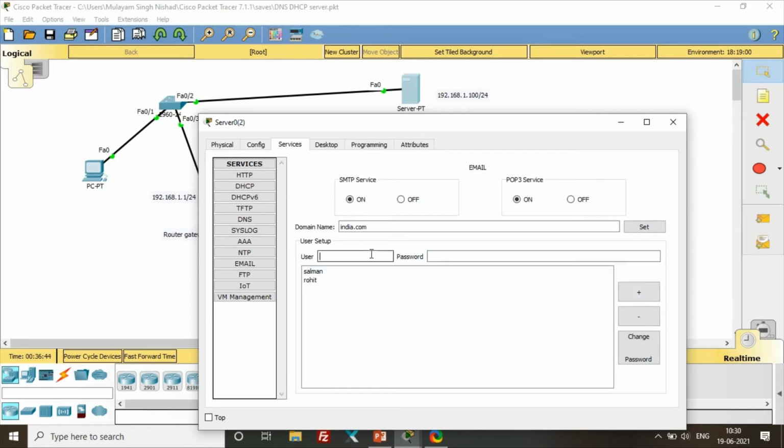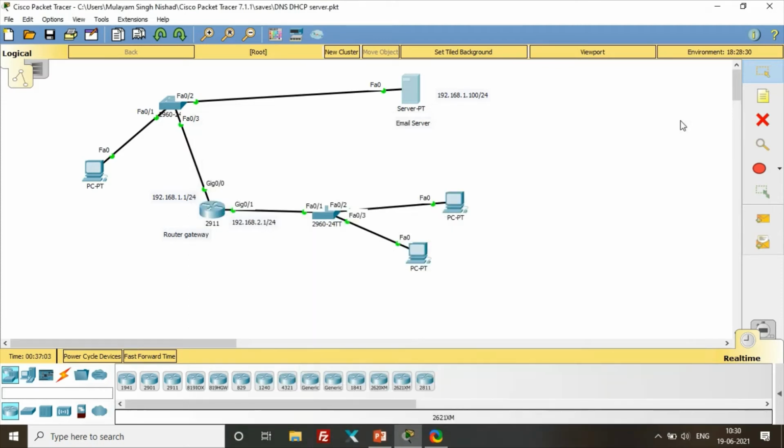Then Neelam, and the password is N. And one more user you can create, Dharmendra, and D. That's it. You have configured usernames in the server.